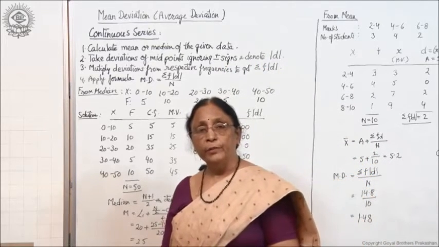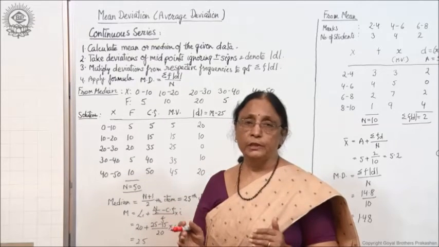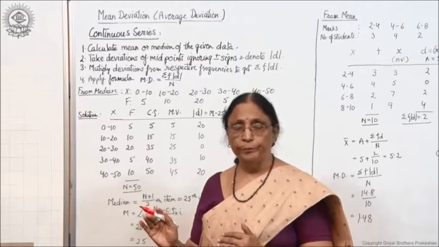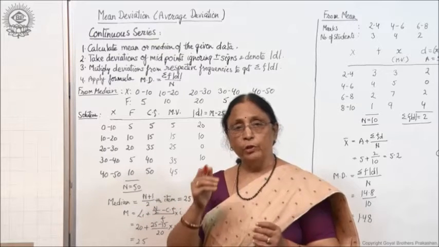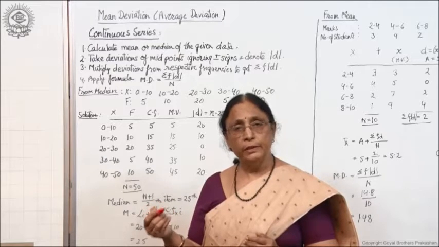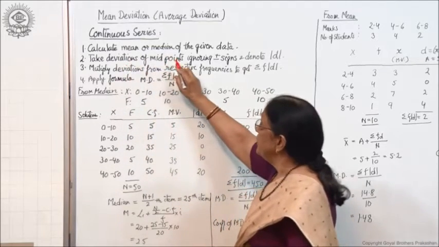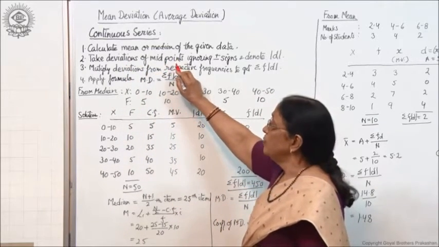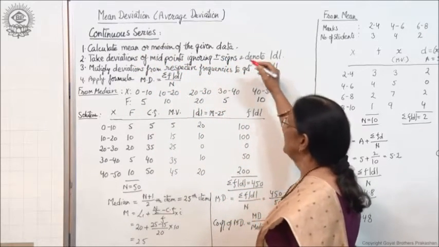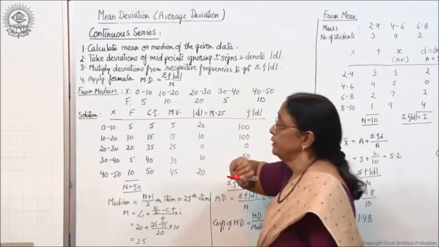Now why do we take the midpoints over here? Because in the case of continuous series, class intervals are given, that is 0 to 10, 10 to 20, 20 to 30 and so on. And in case of class interval, you have to take out the mid values and then the calculation will be the same as in the case of discrete series. So take deviations of midpoints. First take out the midpoints, take deviations of midpoints ignoring plus minus signs, and when you ignore minus sign it becomes modulus, so it is denoted by D modulus.